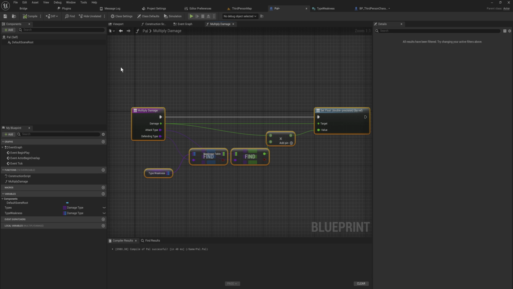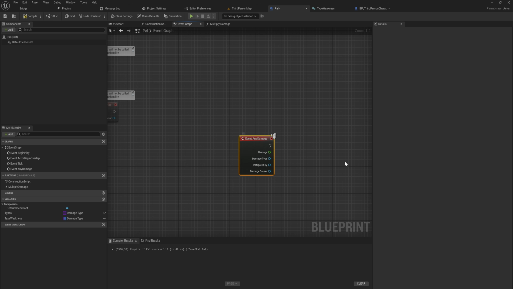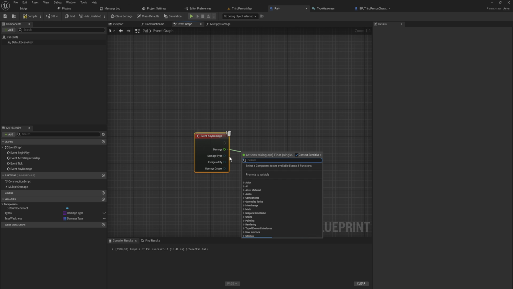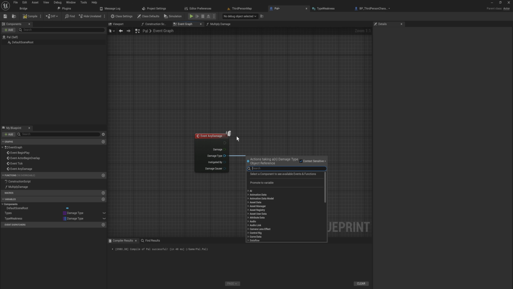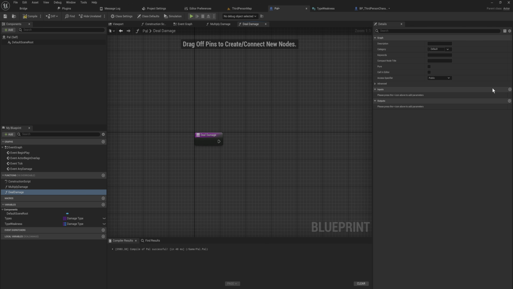And this is effectively everything there is to it to make a Pokemon damage type system. So now when we receive damage, so on event any damage, we get the damage and we get the damage type, which is all that we need. So what we do is we make another function real quick, and that's going to be a function that deals the actual damage. So let's deal damage, and this function is going to take in the attacking type,